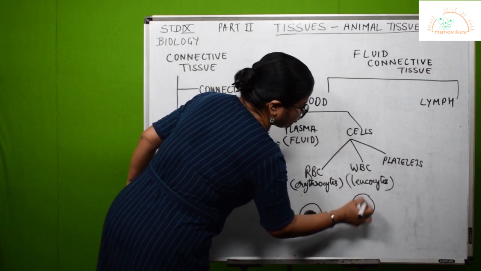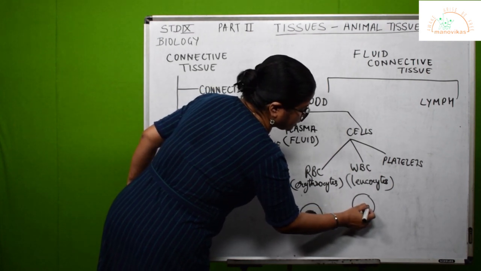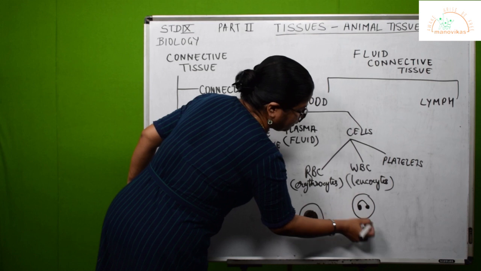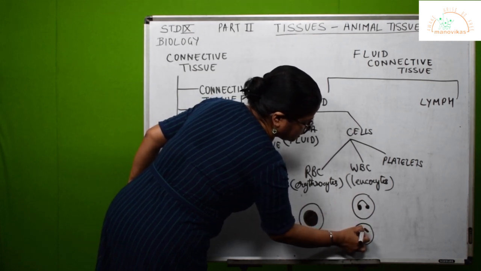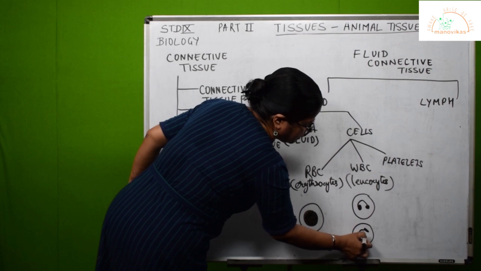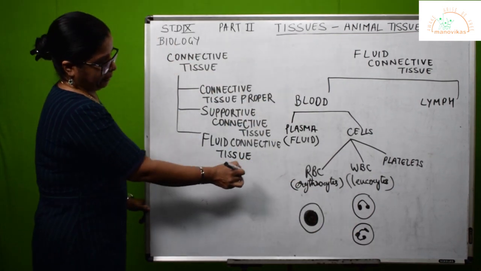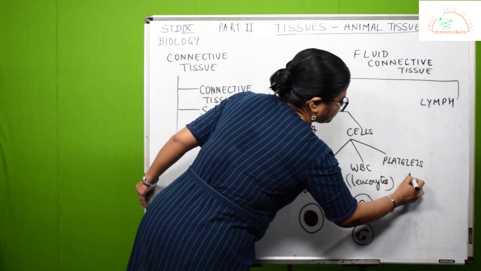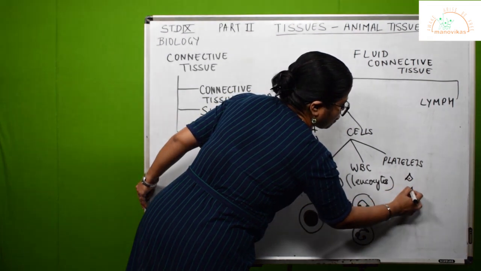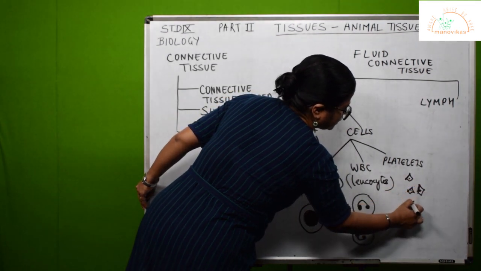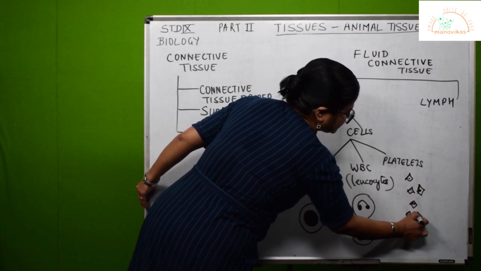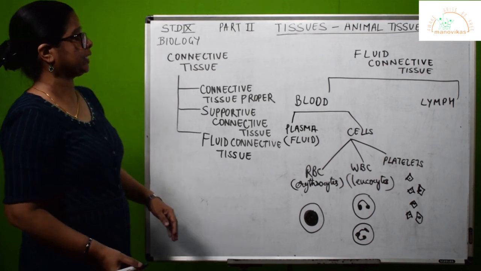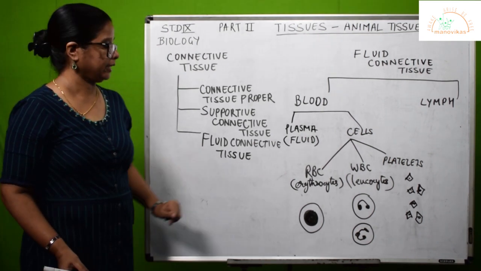Look at the structure of WBCs. You can find these nuclei like this, bilobed, in some cases multilobed nuclei. Let us see, nucleus multilobed. Now, it's easy to identify. And the platelets, here, you can find them like this. What is the function of platelets? When there is an injury, they go to the site of injury and help in clotting the blood.